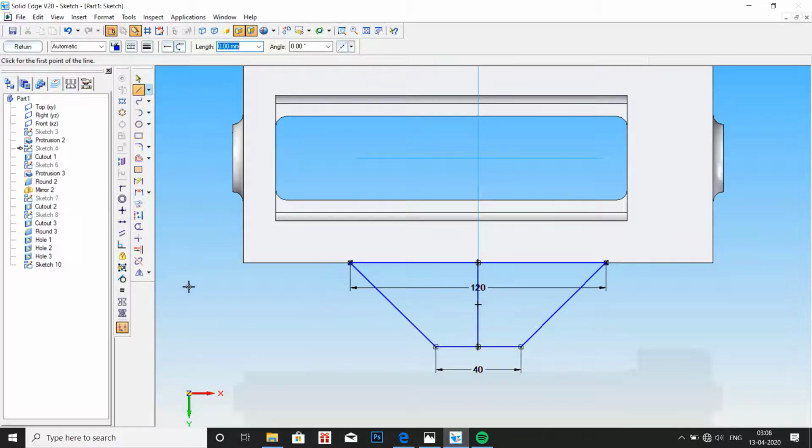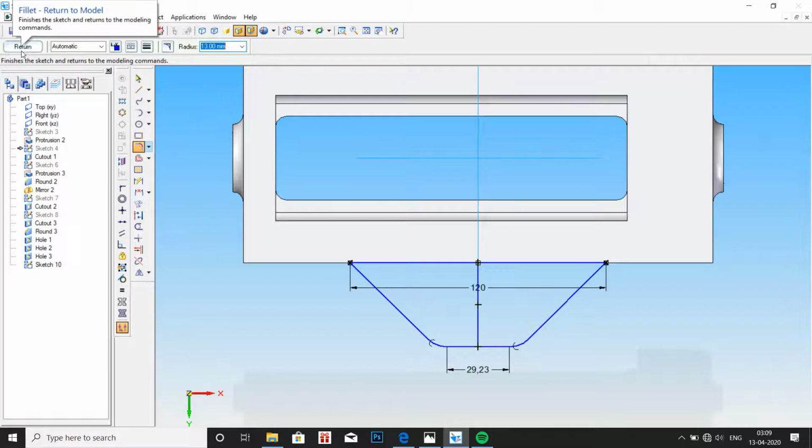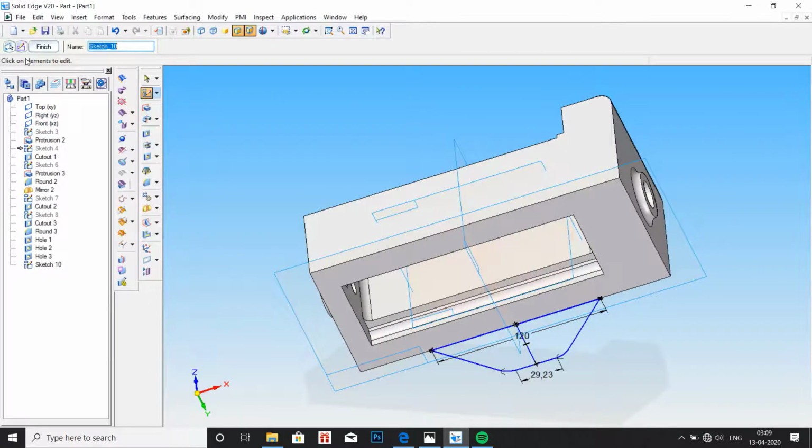Now give the fillet of 13 mm at the line joining of 40, that is at this corner. Give the fillet as radius 13 mm. Now click on return and protrude it to the height of 20 mm, which is shown in the drawing.